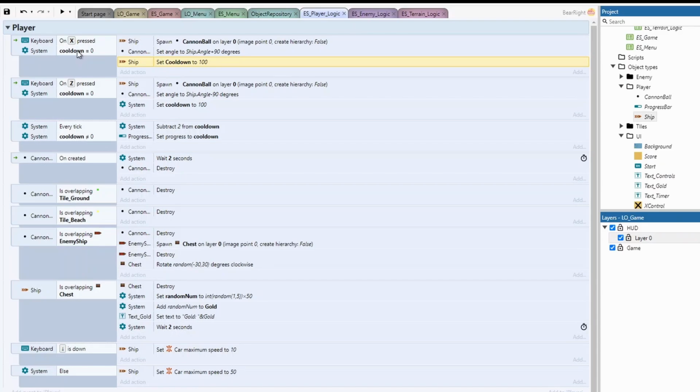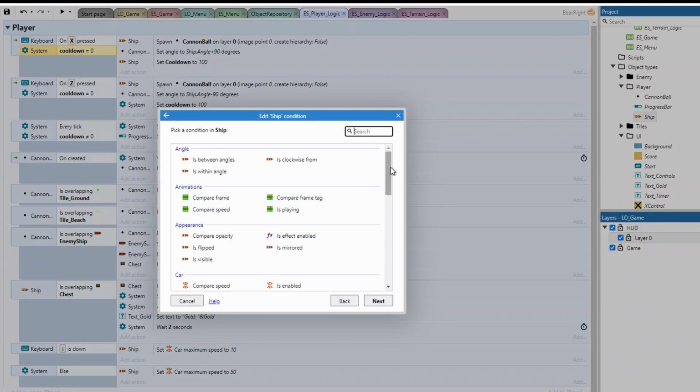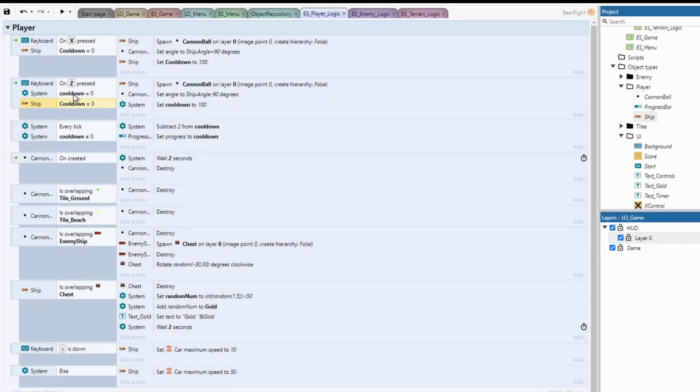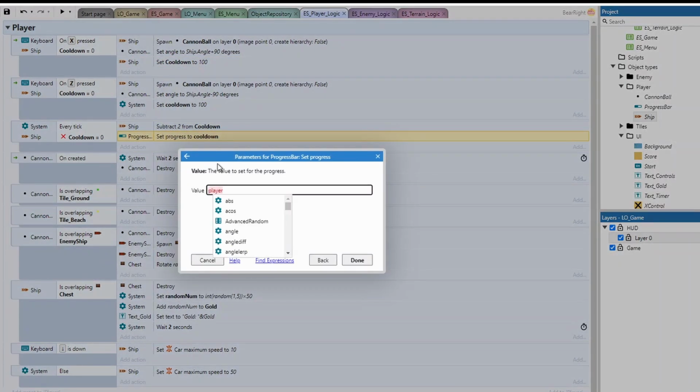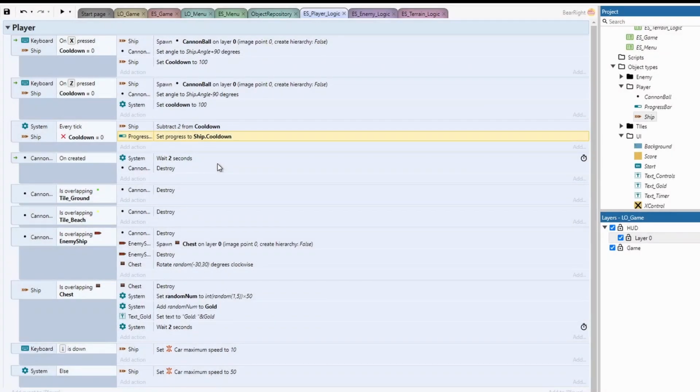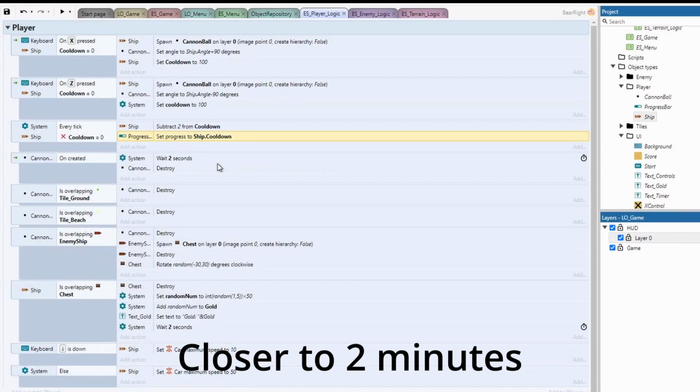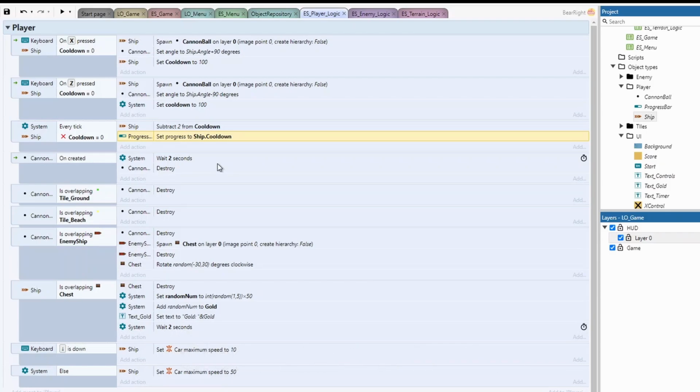I then got the logic here to say is cooldown equal to 0. So again, I'm going to do the same using my ship. And while this just took about 5 minutes out of my time when I could be working on other stuff,